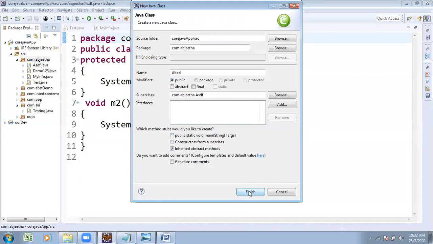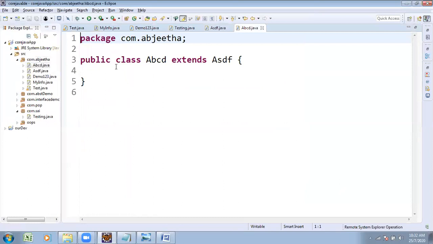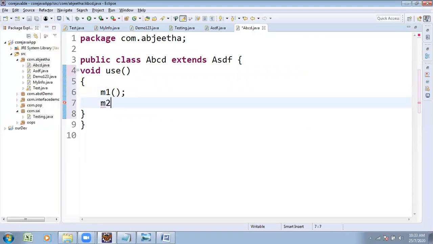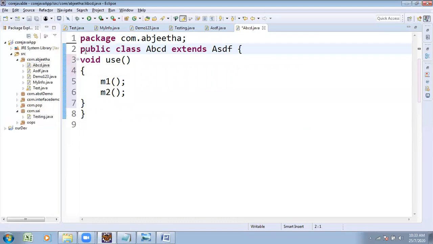Here I want to utilize the properties. A subclass can directly access the properties. Which properties can be accessed? I want to utilize the M1 property, protected type, as well as the M2 property, default type. The subclass can access them. See once what I have done.